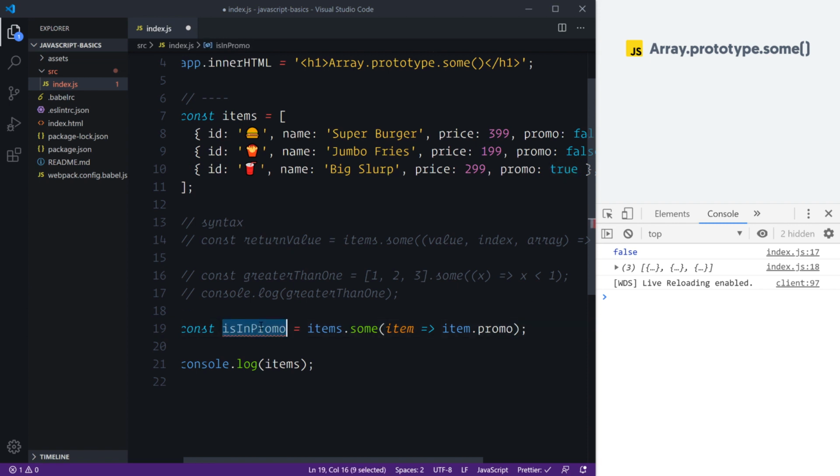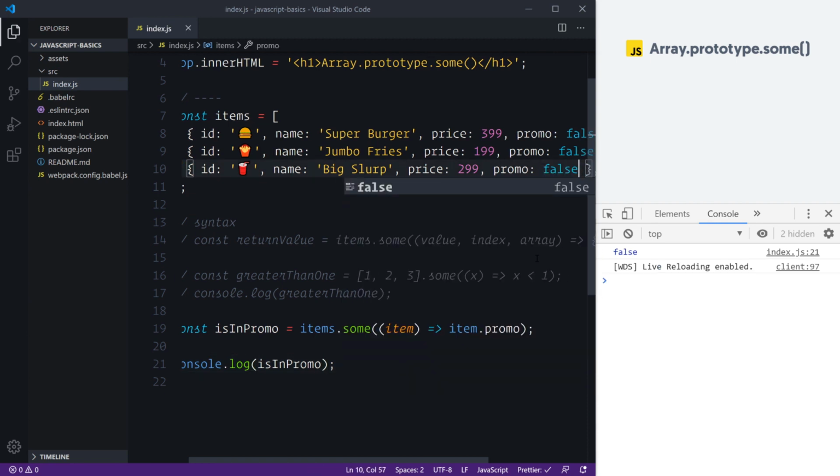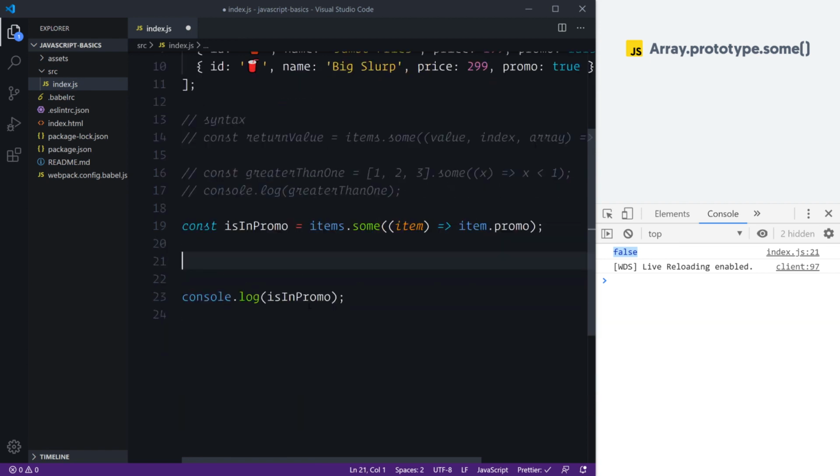Which means that our isInPromo can be console logged, and we can now have a true example because we do have one item in the promo. If we flick this to false, we then get false as the entire return value to Array.some because it's not in the promo. So you may be thinking, this is really nice and I kind of like the idea behind it,